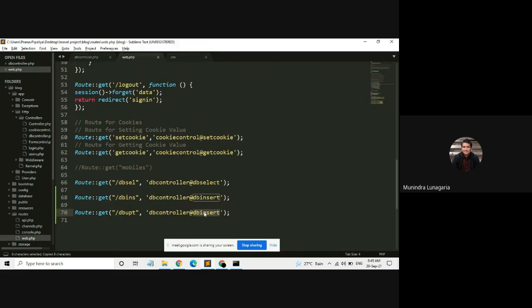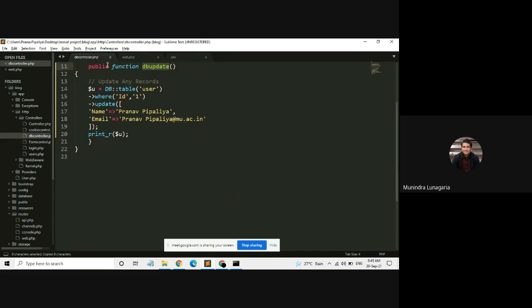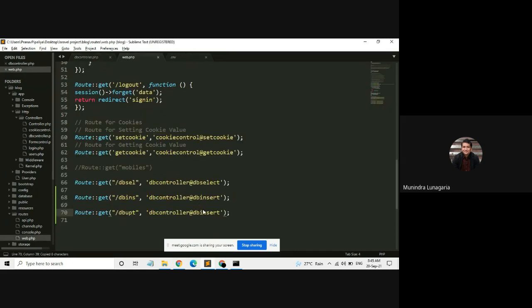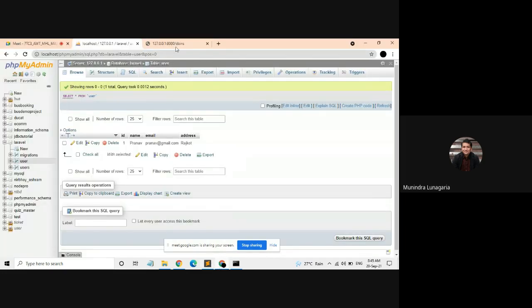I already pasted everything in the chat box, so those who are working, please go through the chat box and copy paste the code. Save this and execute dbupt.